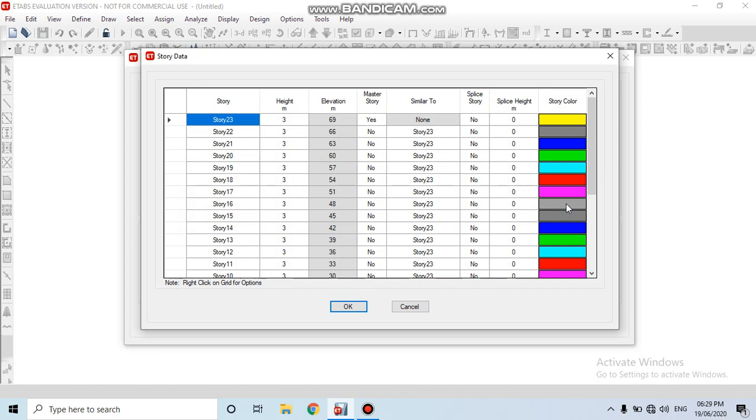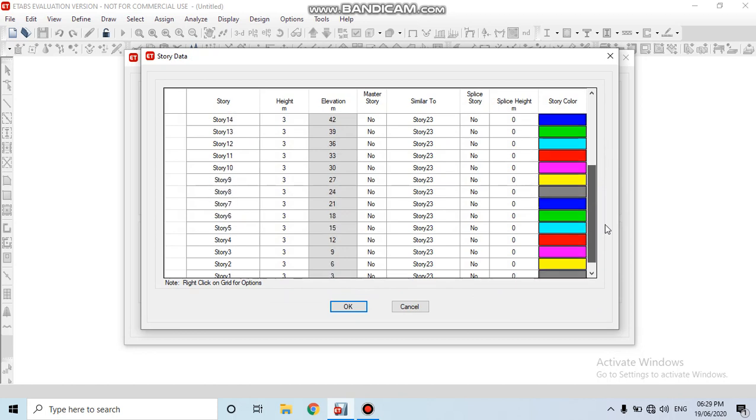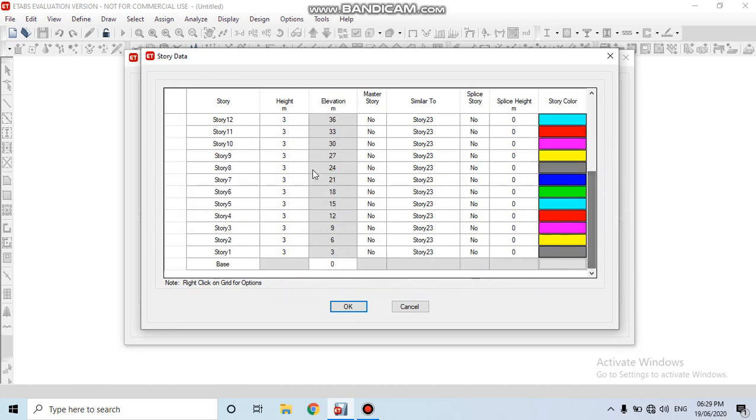For stories 1 to 8, the master story should be similar to the other remaining stories till story 1.